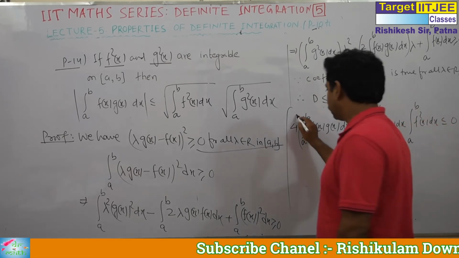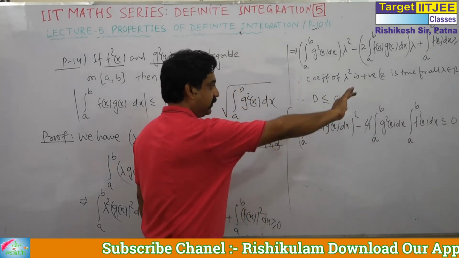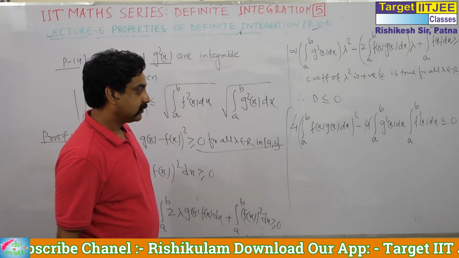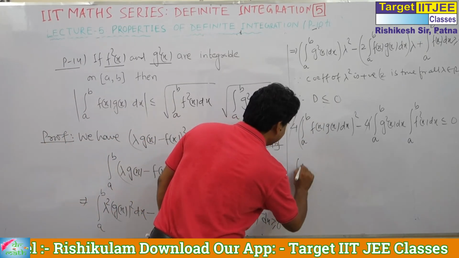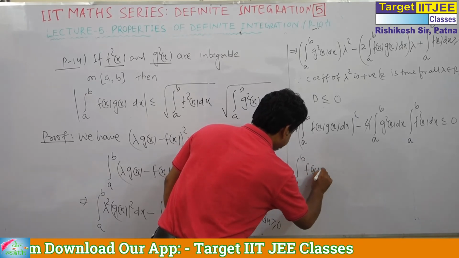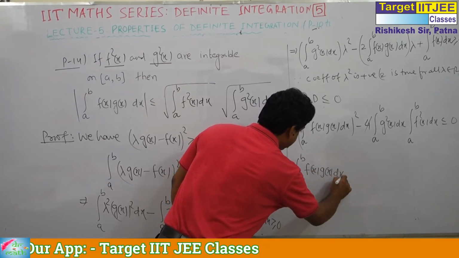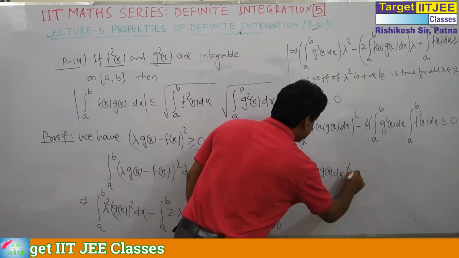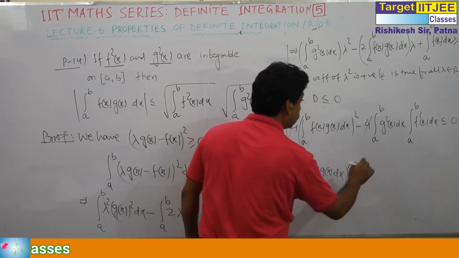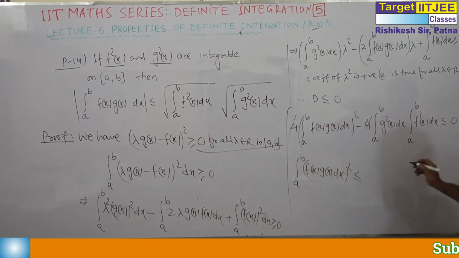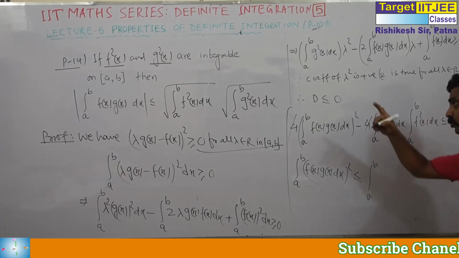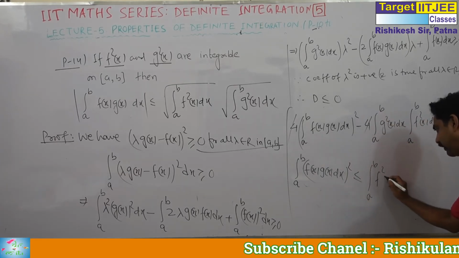We can cancel this 4 when we take 4 common. So finally what we get? We get the integral from a to b of fx gx dx, whole square, less than or equal to, I am writing this one first just to match with the result, the integral from a to b of f square x dx times